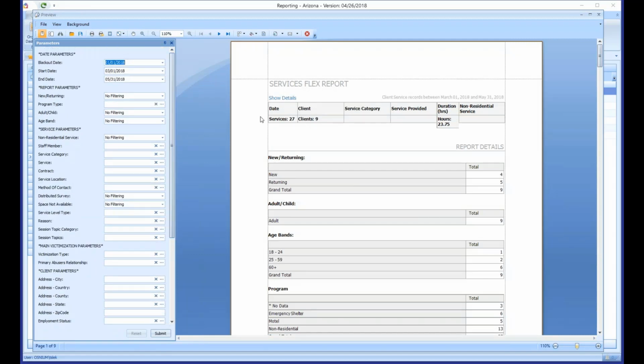So that is the services flex report. It will be, like I said, mostly the primary report that you'd be using most often to get certain numbers. The other report that I want to cover is the programs flex report, just because there's 2 reports there, and I'm going to explain why we have 2 reports for the program. Okay. So if I go ahead and close this here,